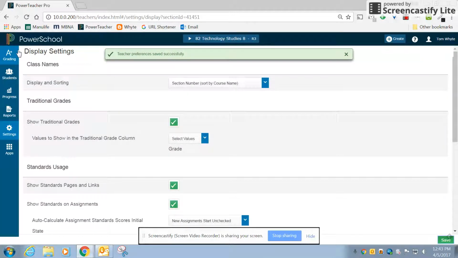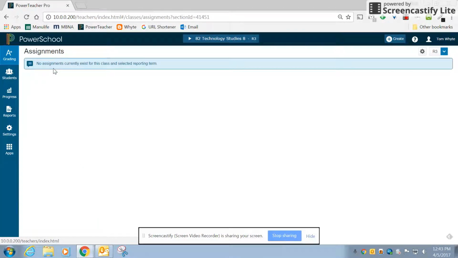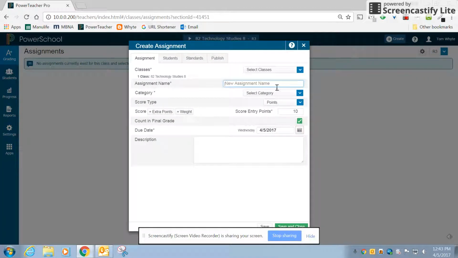So once you have those set up, what you're going to need to do is now create an assignment. So I'm going to only select Technology Studies, right? So only the courses that have the same standards or outcomes can you do this for. So if I have multiple Technology Studies classes, I can do this for multiple Technology Studies. However, if I have Technology Studies and Outdoor Ed, I would need to do this one for each of those classes. So I'm going to just call this final